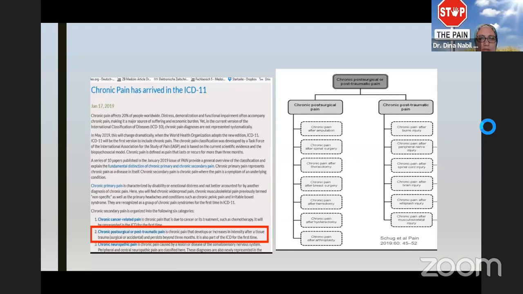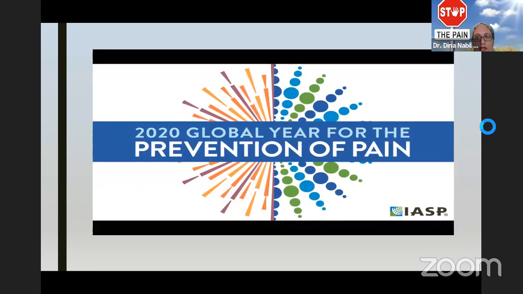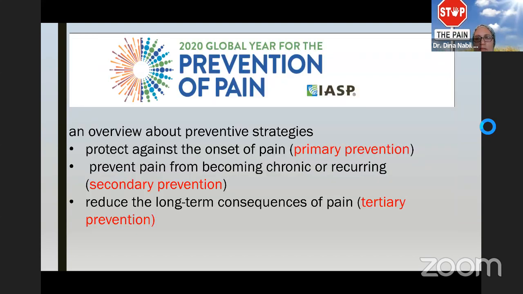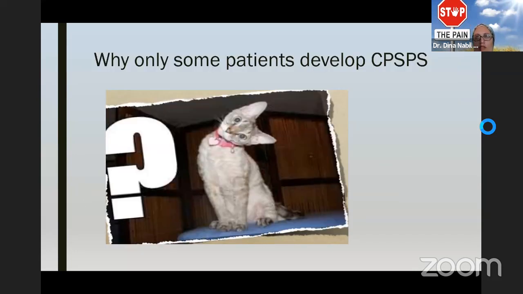Actually, chronic post-surgical pain syndrome is a disease by itself. Cancer-related pain is a disease by itself and has an ICD code, and it has its right to be treated. The IASP specified this year to be the global year for prevention of pain. This prevention can be primary prevention, to protect against the onset of pain, or secondary prevention, to prevent pain from becoming chronic, or tertiary prevention, to reduce the long-term consequences of unmanaged pain. But why do only some patients develop